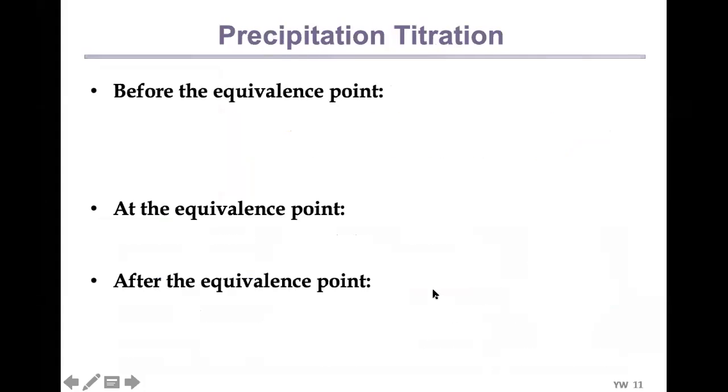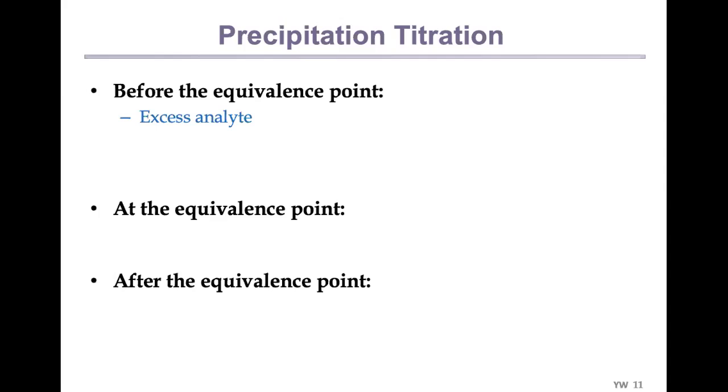Okay, today we're going to continue talking about precipitation titration that we didn't finish last lecture. We said that for a precipitation titration, for example, if you have an iodide ion in solution, you can use silver ion as a titrant to precipitate with the iodide. And the equivalence point will be that all the iodide in the solution is precipitated with silver ion from your